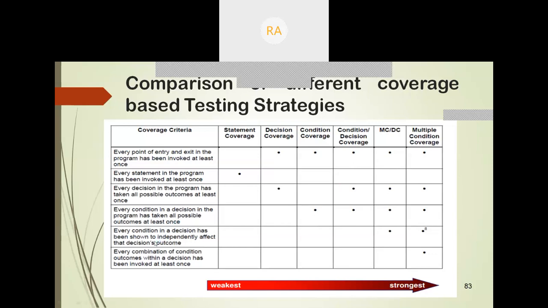Okay. After that, every condition in the decision, whether it has been shown independently affecting the decision, that is with respect to MCDC, you already know it. With which technique you are going to show the impact of various conditions that is impacting the final outcome of a particular condition, that can be shown with the help of MCDC technique.